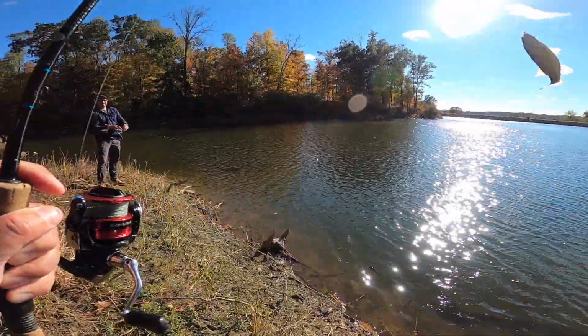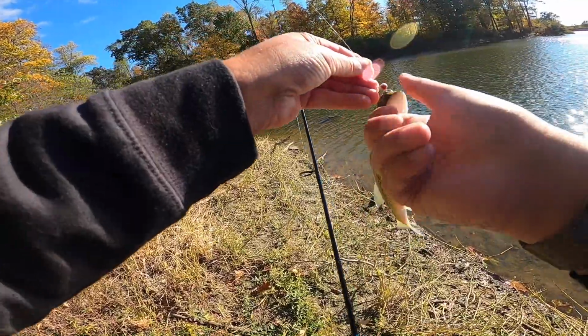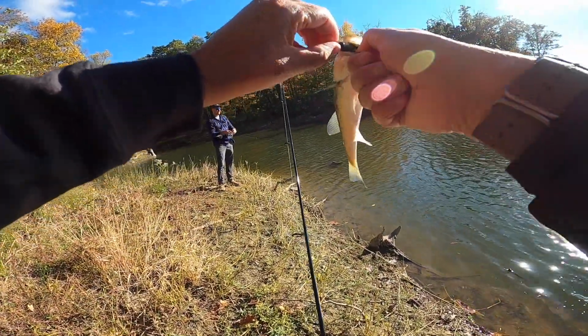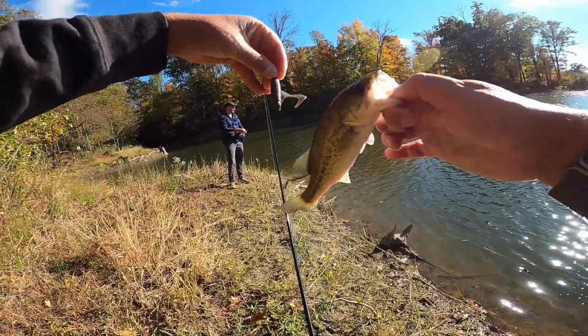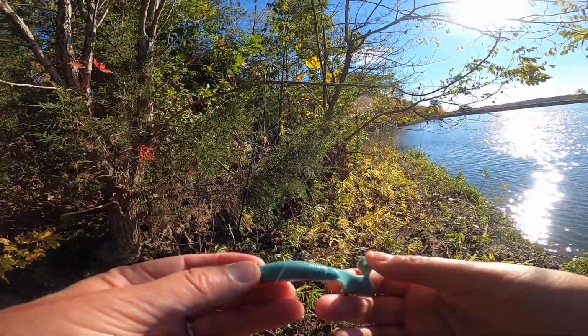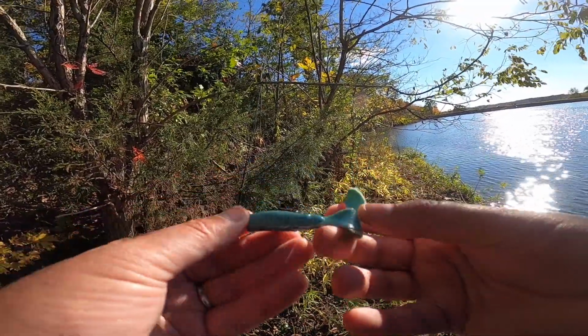So that grub has lasted through 3 little dinks, but it's nice recycling my old lures. Hey buddy, how'd it taste to you? You a fan of coffee? Dunkin' Donuts? All right, so I'm going to throw this grub, the white grub that I made with my daughter's